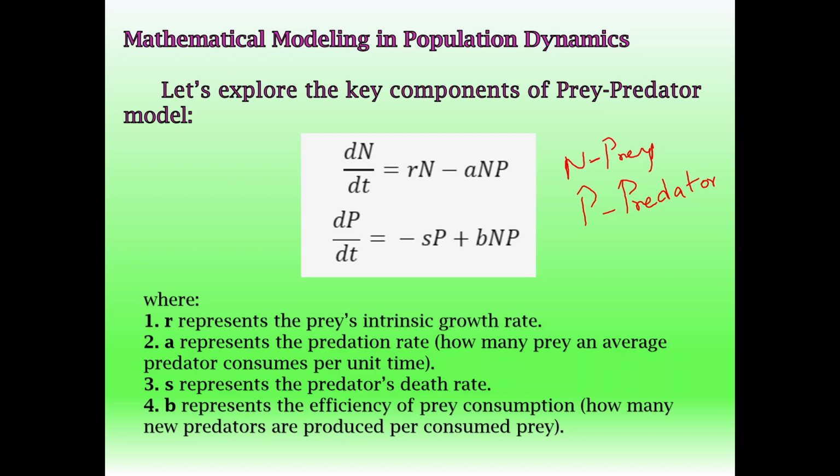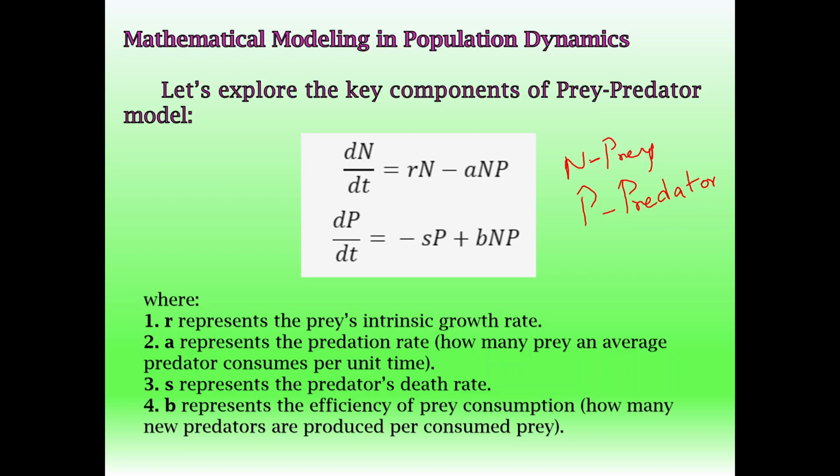Here N represents the total population of the prey and P represents the total population of the predator. So the population rate of the prey is calculated with respect to time by using the quantity dN by dt. At the same time, the population rate of the predator with respect to time is marked by dP by dt,